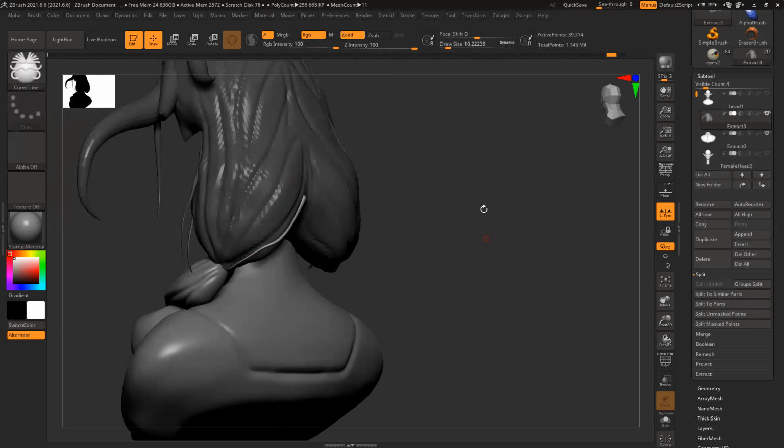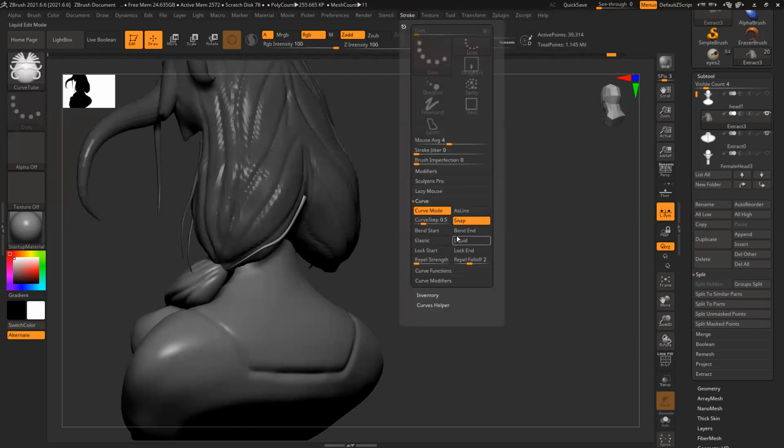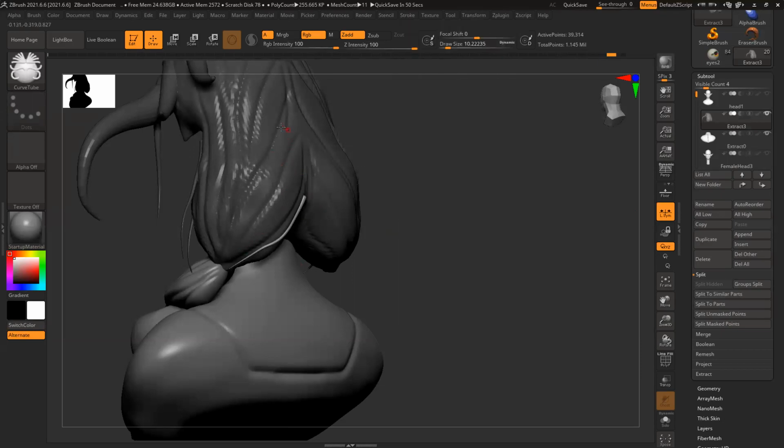There's something wrong with this particular brush. I don't know. Every time it does this thing. Snap should work perfectly. Okay, anyways, it creates a problem.